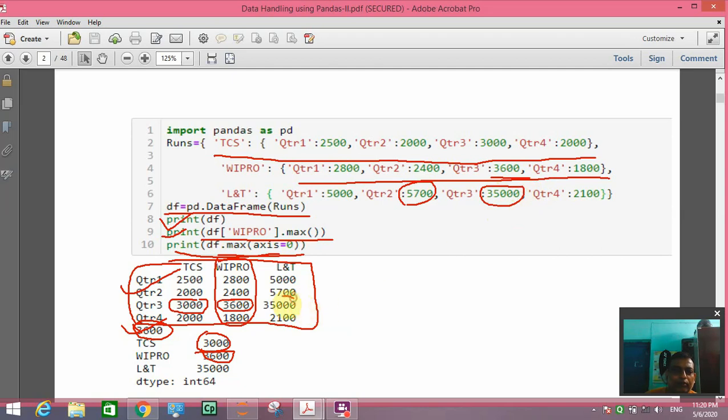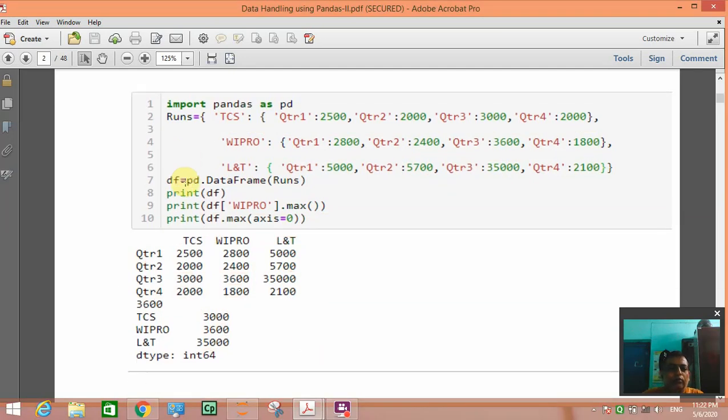So 35,000 is here and it will give 35,000. In this way we can find out the maximum value in any column. We can also find out maximum value in any rows. So this is our max function.